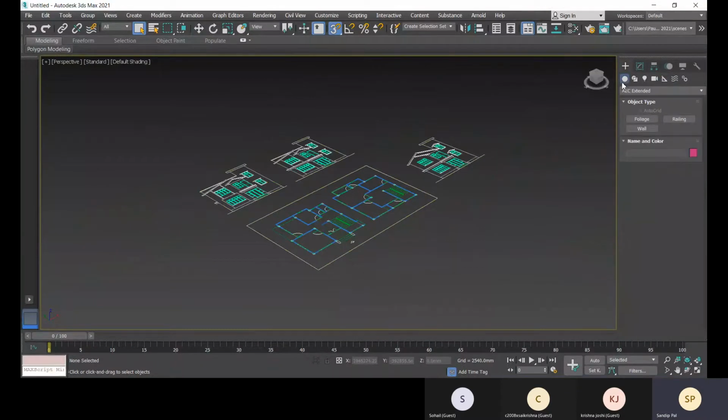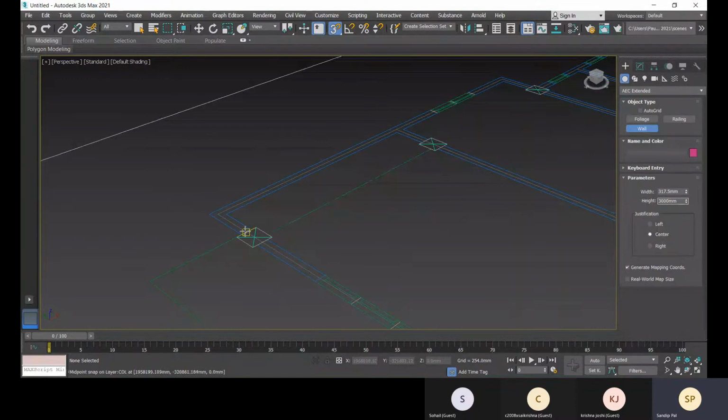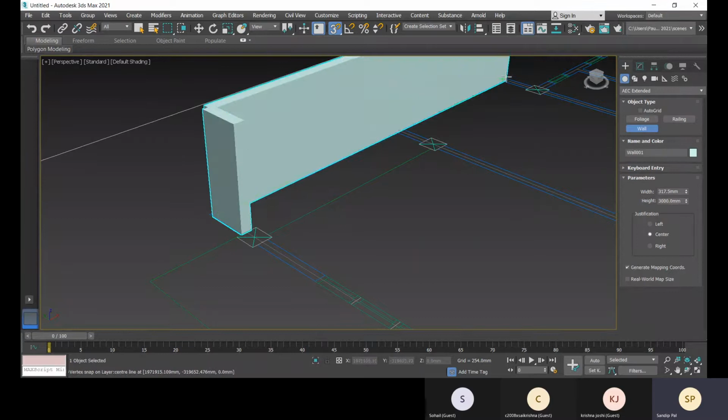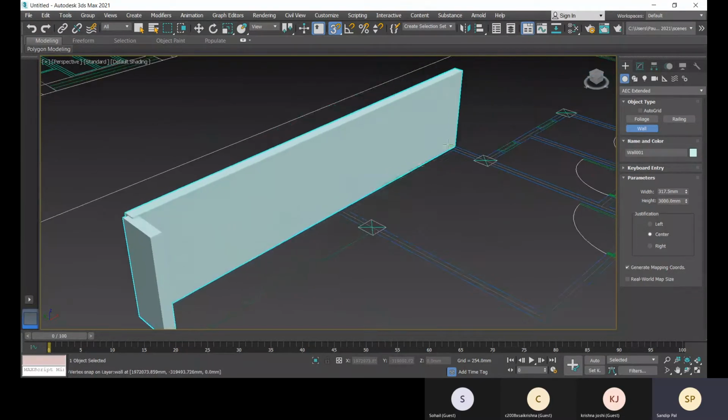Now you can go to Geometry again, and there AEC Extended Wall, that is 317.5, and height you can define, and the justification is center. So from this center to this center, it will automatically snap. This way you can place it.